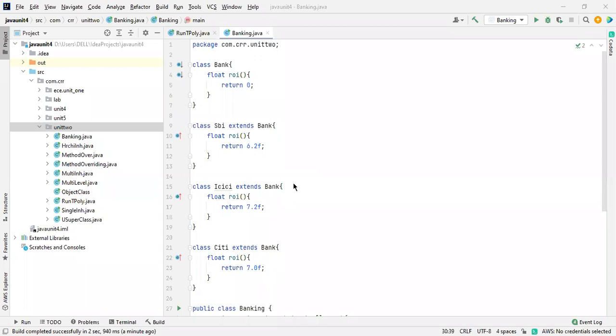End of this topic, and I want to check your syllabus. What is the next concept? Dynamic binding. This is dynamic binding.